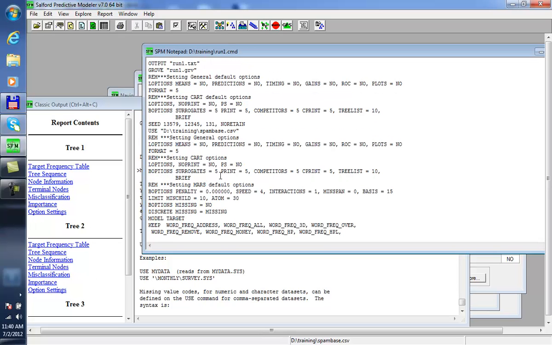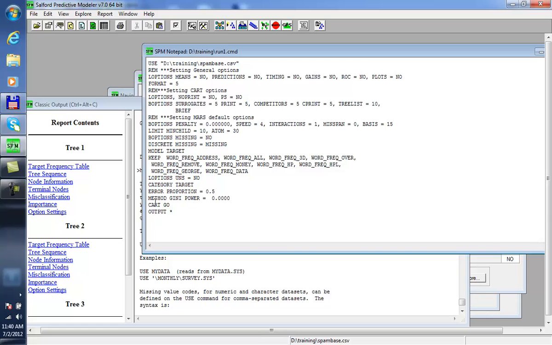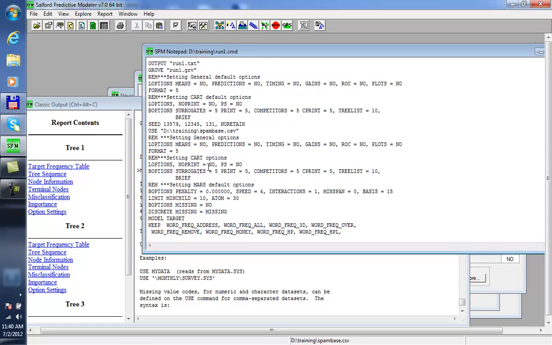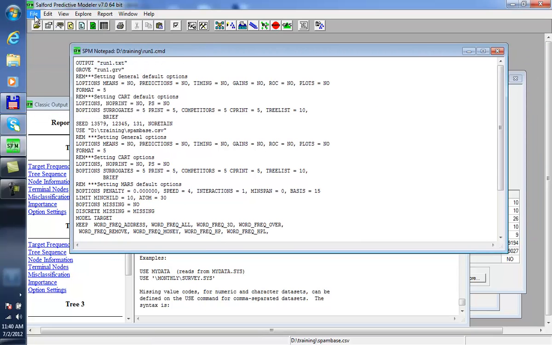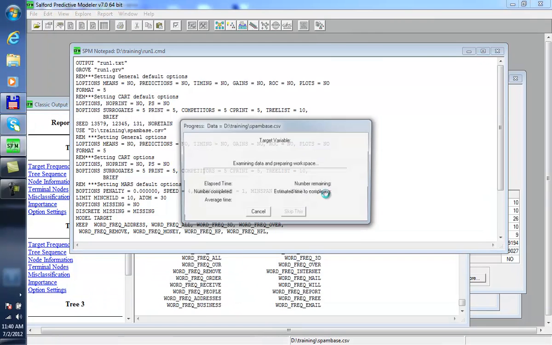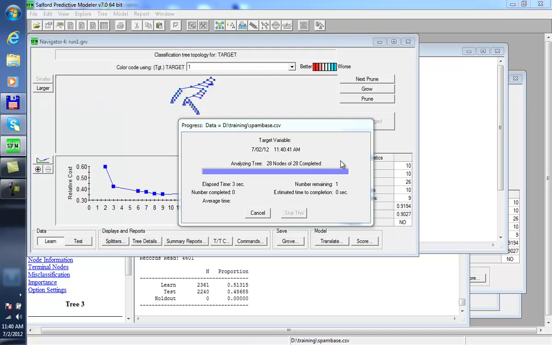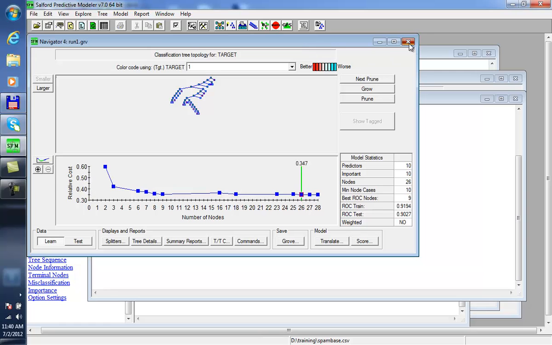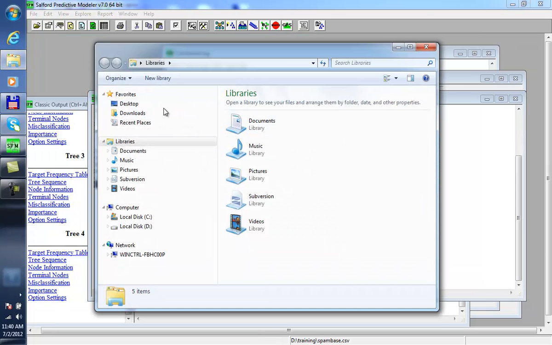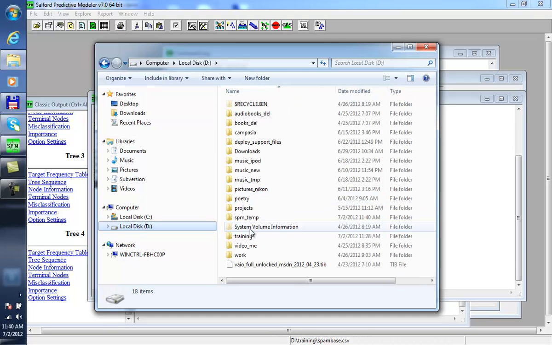So again, what I did here, I made a few simplifications to the command stream, and I also added a few more commands: the output command that redirects classic output into a text file, and also the Grove command that saves the results of the given run. So at this point I can say save my run, say File, Submit Window. As you can see, all of these commands are being executed. And what happened as the result of it, if I go to my training data folder,